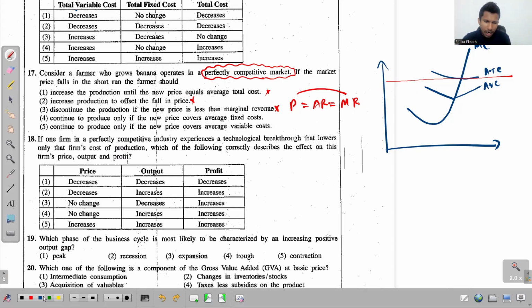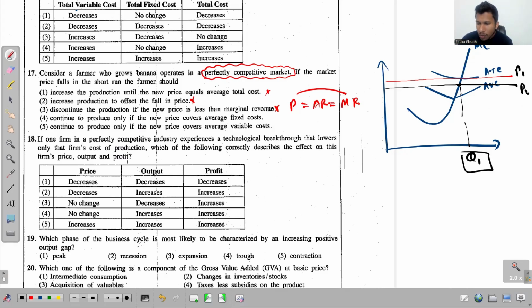Now, let's say, for example, after this price change, the new price is somewhere here, right? See, it's true that this was the previous price, and at the previous price, imagine that they were at the equilibrium earning normal profits, but for some reason, the price falls in the short run. Still, they can see that now they are producing this amount, so price must be equal to MC, and MC must be increasing. So this is the level of quantity that the farmer must be producing.